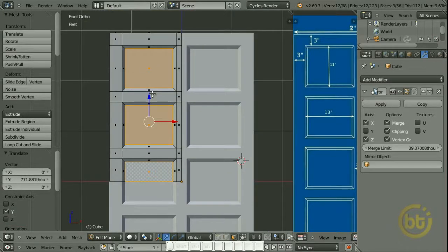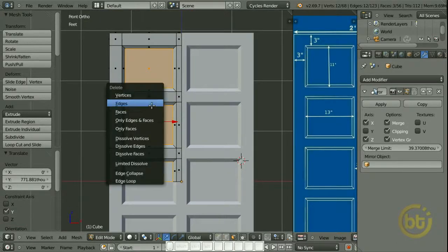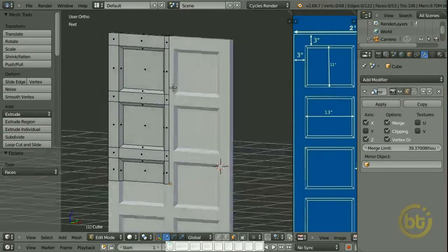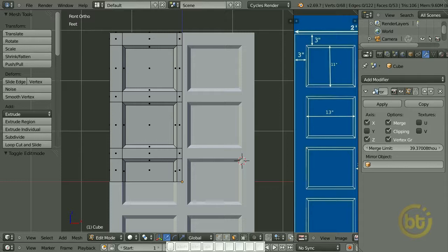Now delete these faces, we don't need that. The door frame is finished. Next we are going to create the panel using a circle. Before I add the circle, I want to position the 3D cursor exactly at the center of this one. Why am I moving the cursor here? If we add any mesh, it will be added based on this